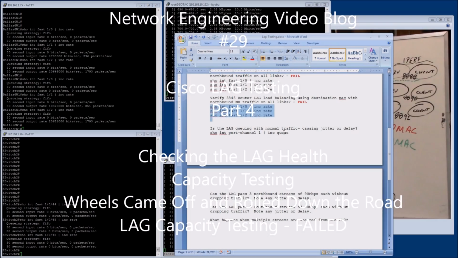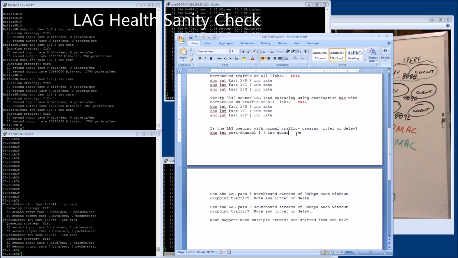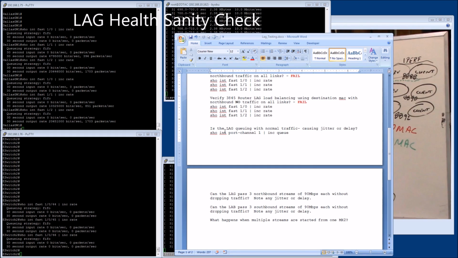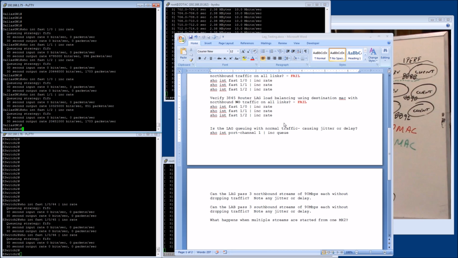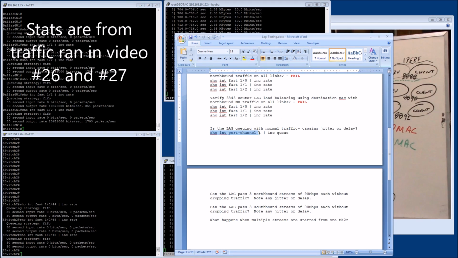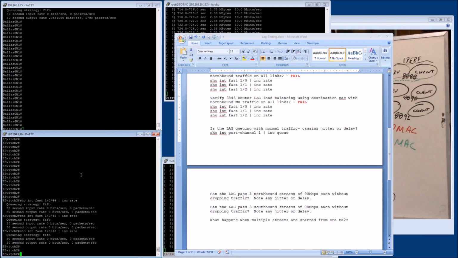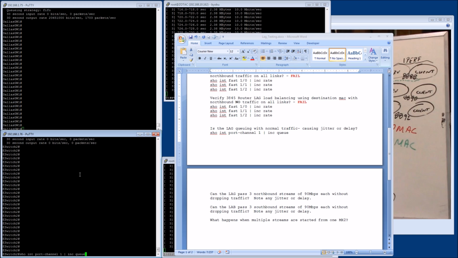Okay, so for the third test, we're just gonna check the general health of the LAG. If you notice, I put commands in here to remind me what I was looking at. So we're gonna look at both the router and the switch. And yeah, there's nothing in the input queue or output queue,